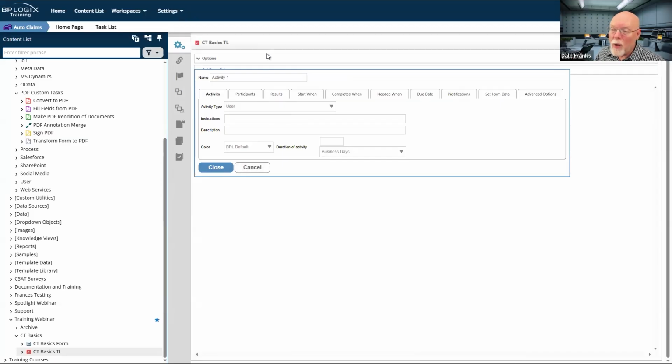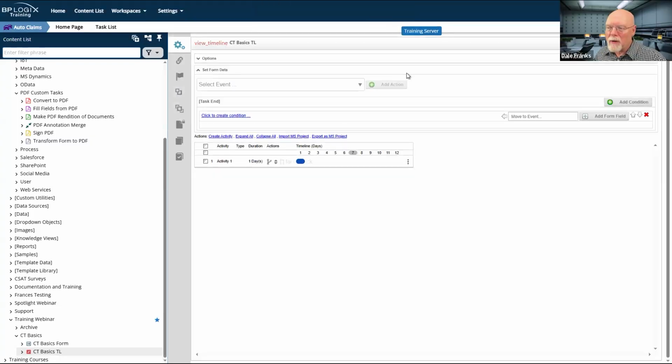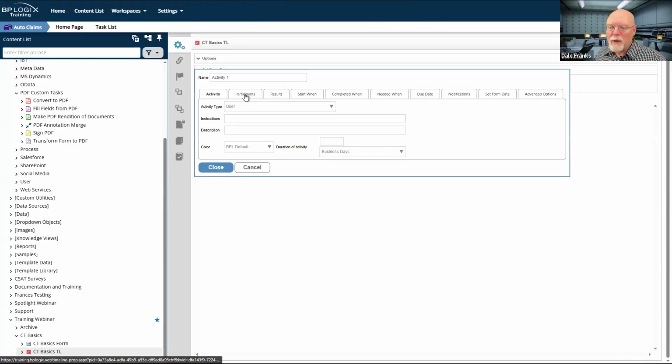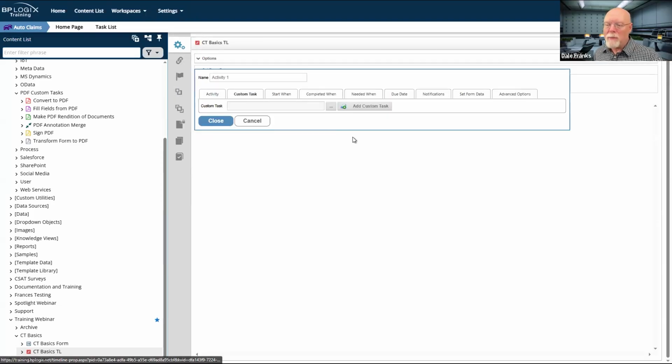So that's why in cases like the sequence number, and there may be other cases like that where I might be able to set the data here in the process timeline, but for reasons of transparency, I might prefer to do that via a custom task so that it's explicit what I'm doing and when I'm doing it.